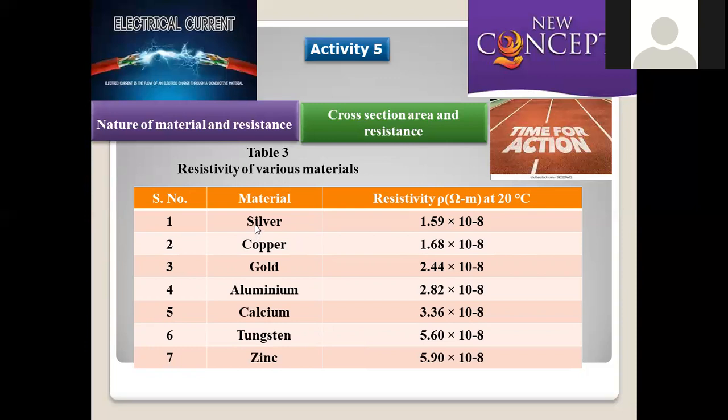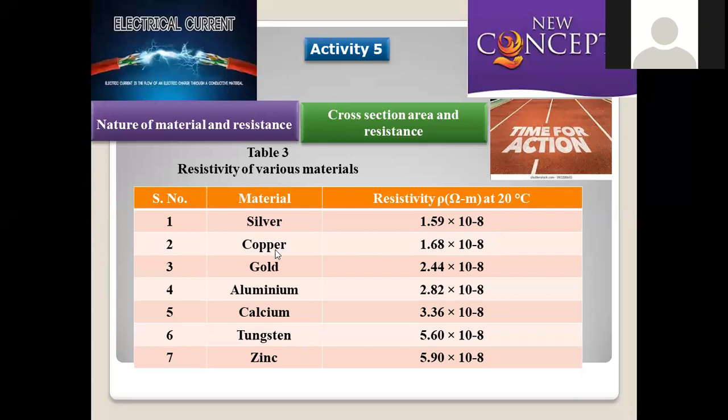We already know that in the entire periodic table, the highest conductivity is offered by silver, whose resistivity is extremely low: 1.59 times 10 to the power minus 8. This is the value for silver. Very next to silver, we have copper. Just now we discussed that because of two factors, abundance and affordability, copper is the most often used conducting material.